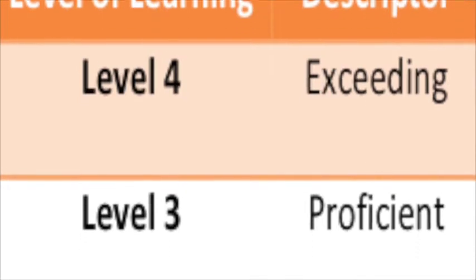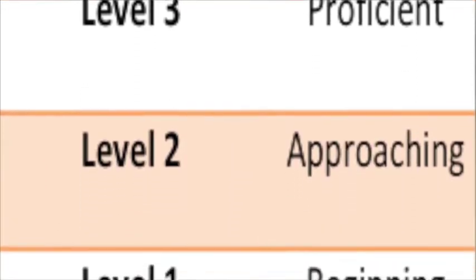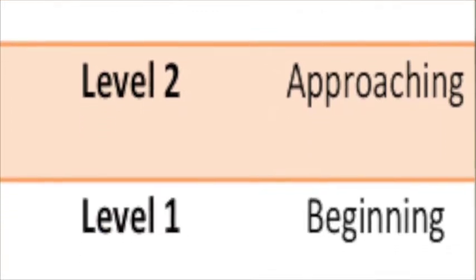First, we need to understand the new grading scale. You will notice that this year, all assignments and assessments will be scored on a 4, 3, 2, 1 with intervals of 0.5. These scores are directly aligned to our levels of learning. As a parent, student, or teacher, we want to focus on the level of learning and how to reach the next highest level. Our ultimate goal is for students to be at a level 3, or what we call proficient,